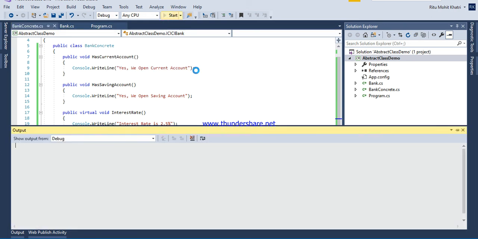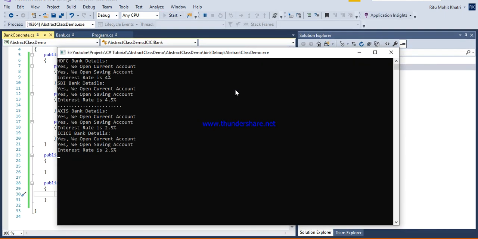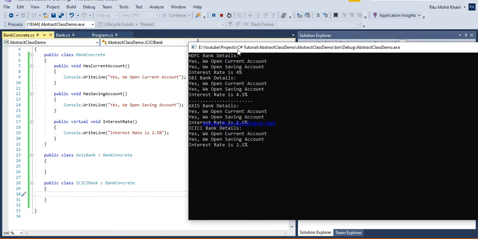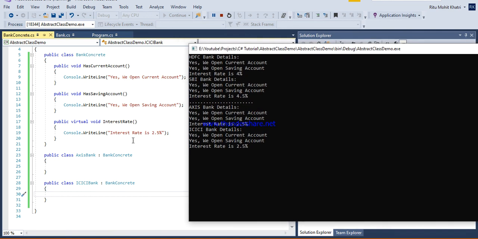So now what happens? Now you can see the abstract class is the same, all that information is the same, we have not changed anything here. But in the concrete class, Axis Bank has removed that override definition. So now it says yes, we open current account, yes, we open saving account, and interest rate is 2.5%.